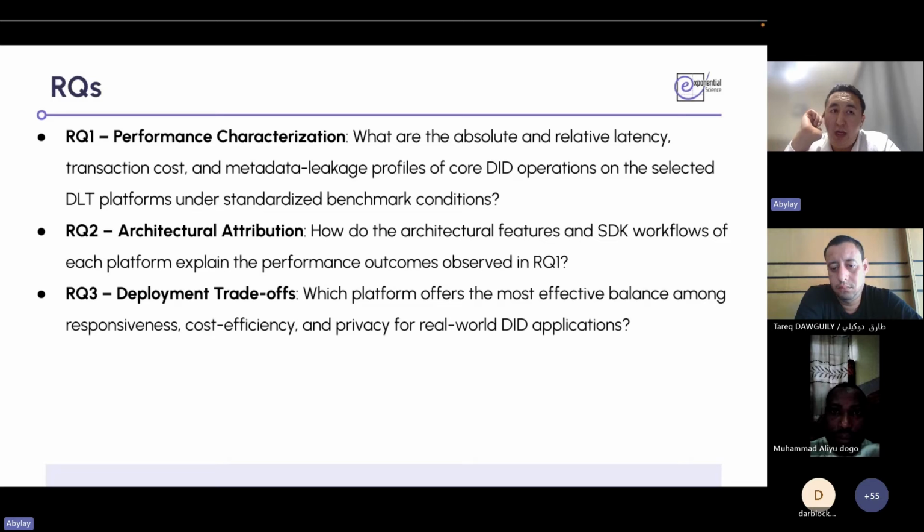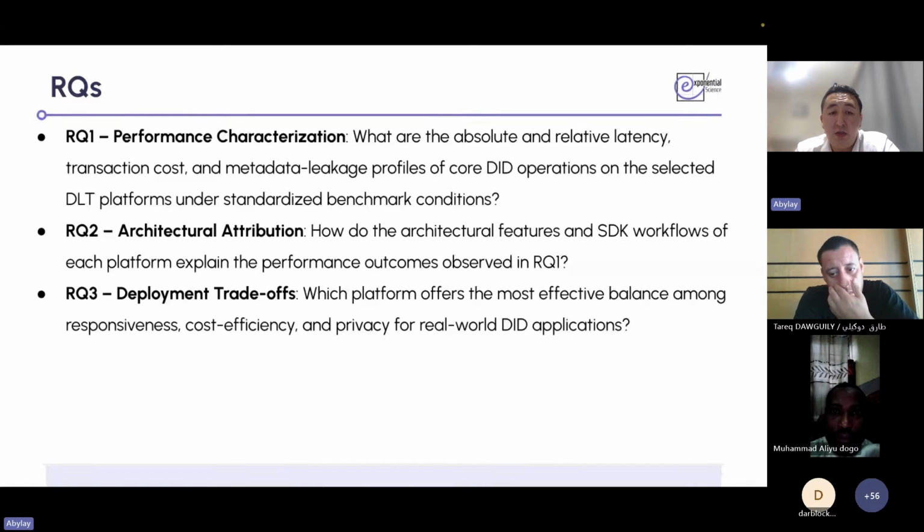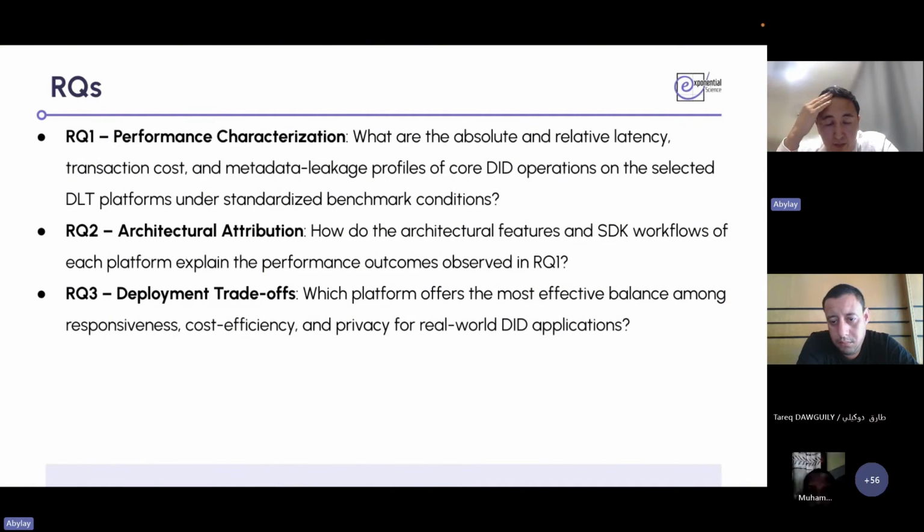The research questions we tackle here are, as I said, performance of course, and also architectural differences. And the main thing is deployment trade-offs. So which platform, which blockchain-based solution, offers the most effective balance among responsiveness, cost efficiency, and privacy for real-world DID applications. So that could be interesting to you